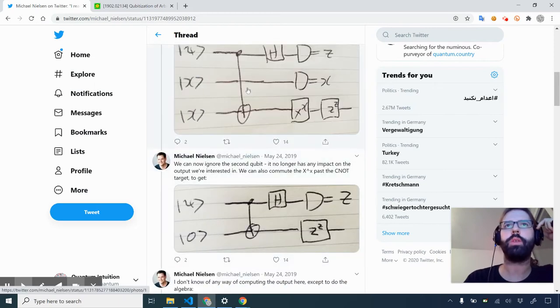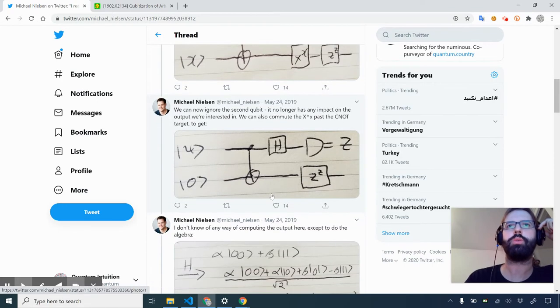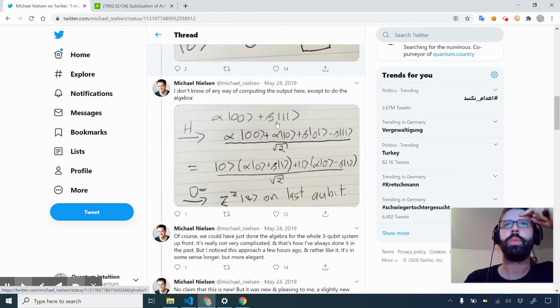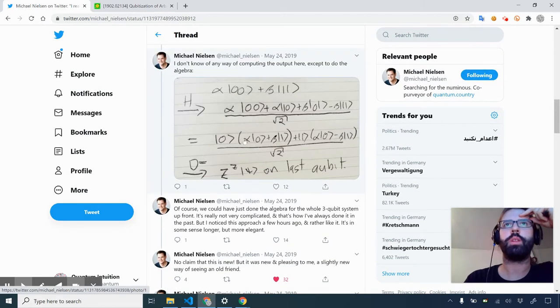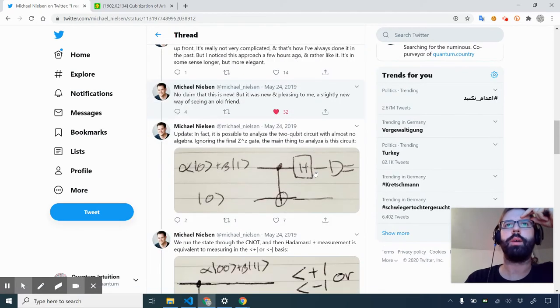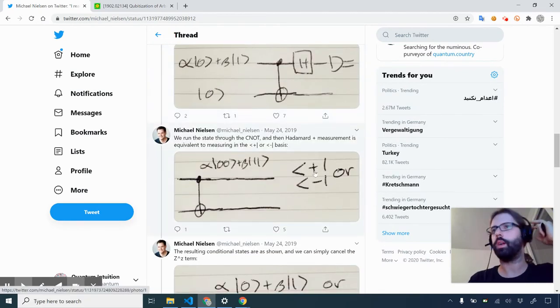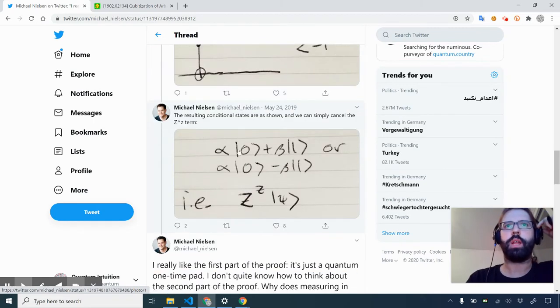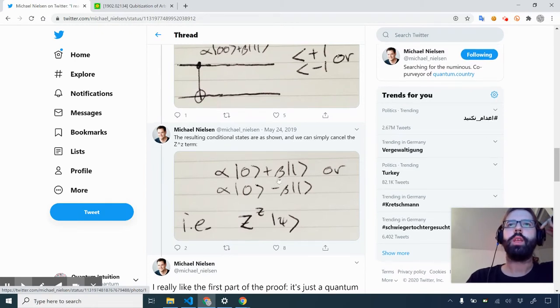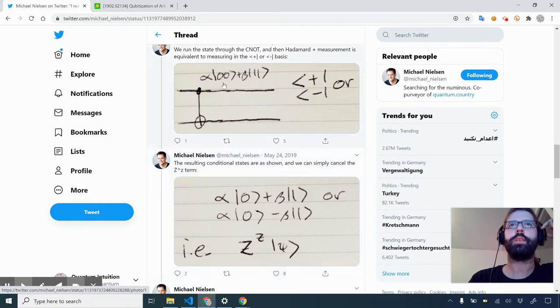Well, it's explained fairly simply in the thread, so go ahead and read through these. And then at the end, he says that once you've got the circuit, you can do the algebra and go through the steps and see that it works. But he was looking for a way to explain why you end up with something like these, right? Where what you have at the end, in this system in